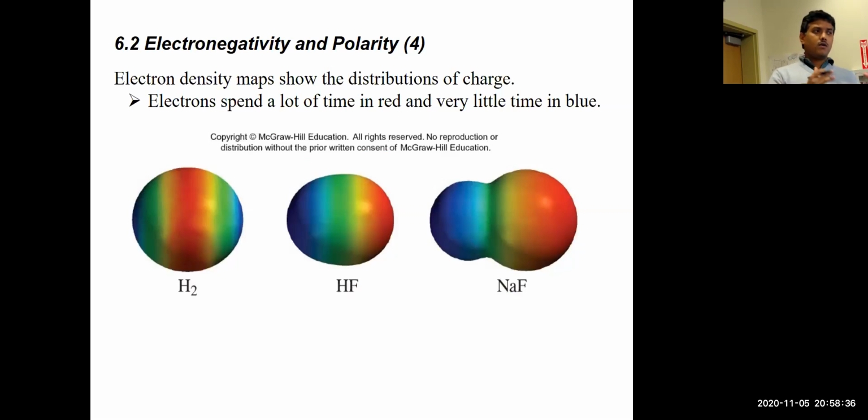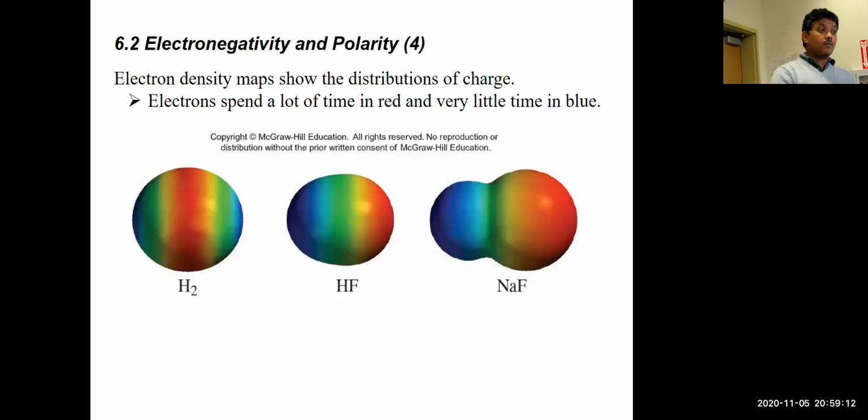I'm saying, one bond is nonpolar, one bond is polar, one bond is ionic. How does it look? This is how it would look, and these are the electron density maps that were obtained by taking the X-ray of the molecules. Okay, so we have physical proof of where the electrons are in these molecules. So according to the X-ray map of the electron density of these molecules of H2, HF, and NaF,